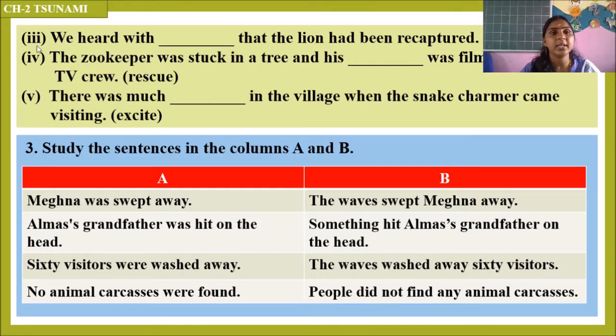The third question here is, we heard with dash that the lion had been recaptured. The verb given here is relief. So we heard with relief. It means I heard with relief that the lion had been recaptured. It had escaped and it had been what? Recaptured. So relief spelling is